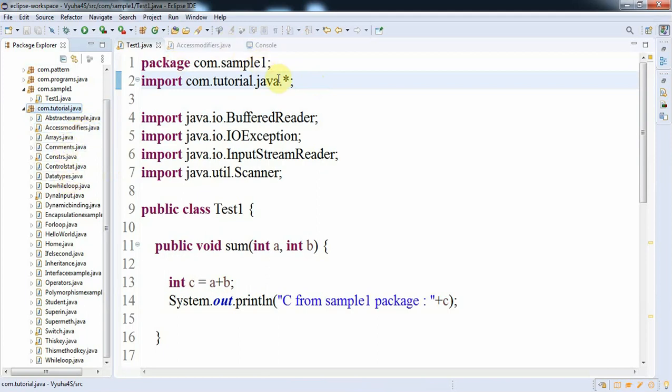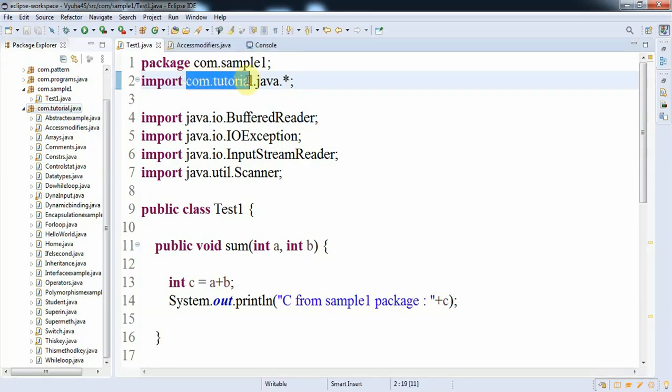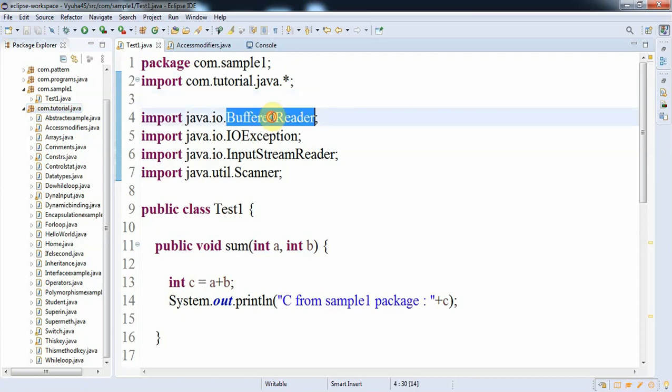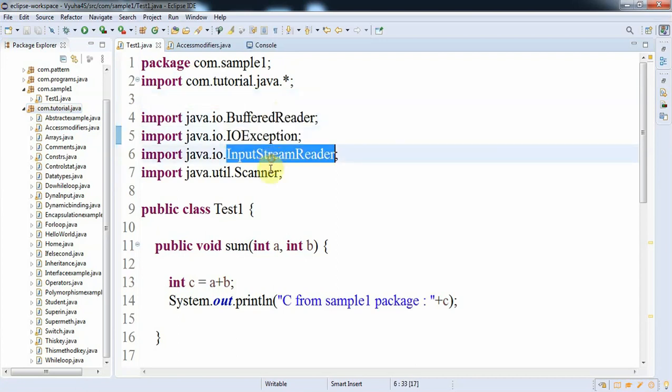To use any of the classes existing inside com.tutorial.java, we need to mention com.tutorial.java.* in this particular class test1. But it's not the standard functionality. The standard functionality is that for whichever class we are making use of, we add that particular class at the end of the package name, like here BufferedReader, IOException, InputStreamReader, and Scanner.